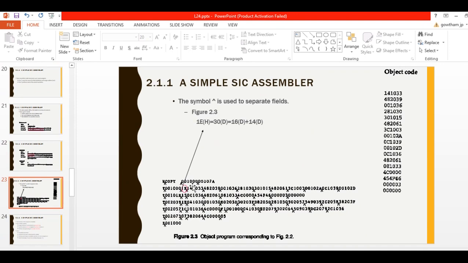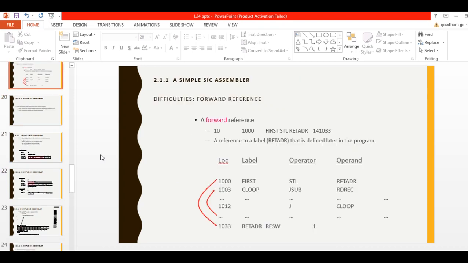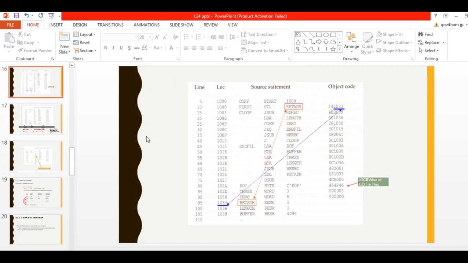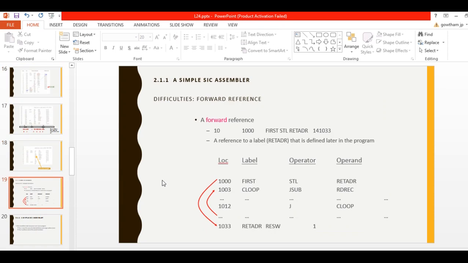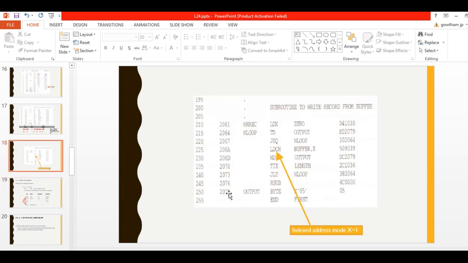Then, what is the length of the program? How do we calculate it? You know the starting address is 1000 and the last location is 2079, so these many locations are used by the program. That is not the last line, though.